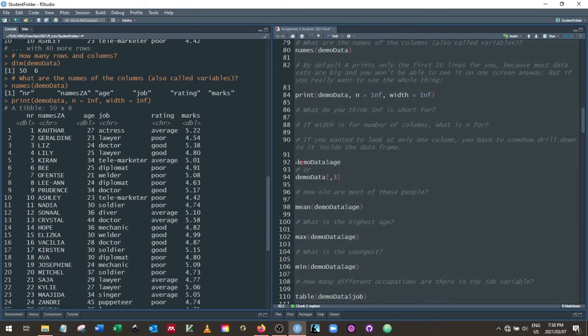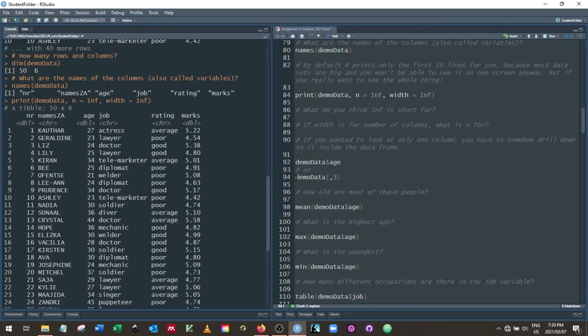So I have to give it the name of the object and then also the name of the column. The column I care about right now is age. So you can see object name, age, and then in between you see the $ sign. That is basically how we tell R which column we're going to use. We use the $ sign to give it the name of the column. Another way we can do it